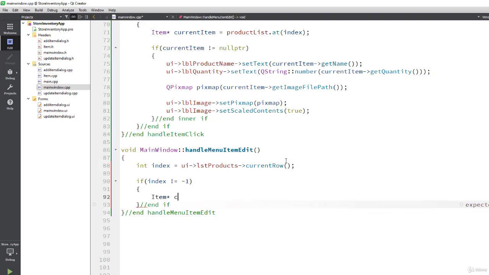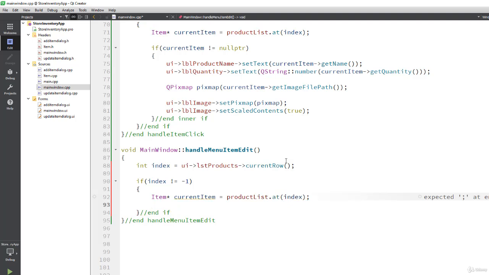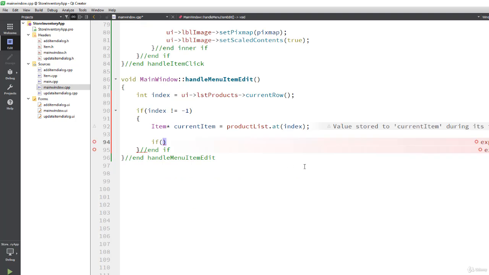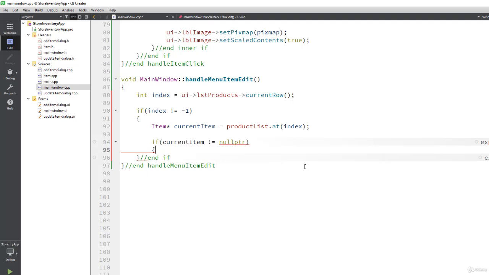So item current item equals product list dot at the index, and that current item is now pointing to the same object that is contained, or rather the pointer is contained, in the vector at this particular index. So they both point to the same exact object in memory. And as long as the current item is not equal to null pointer,